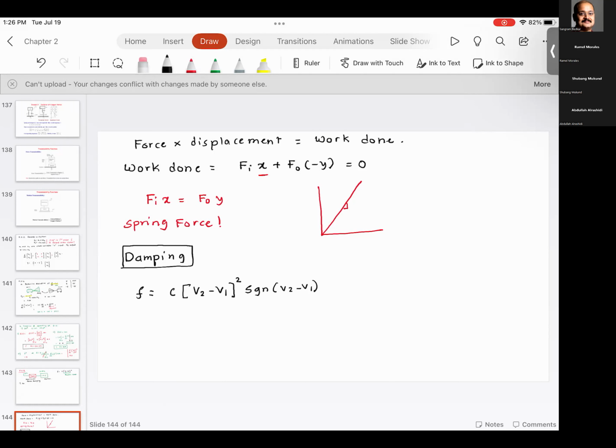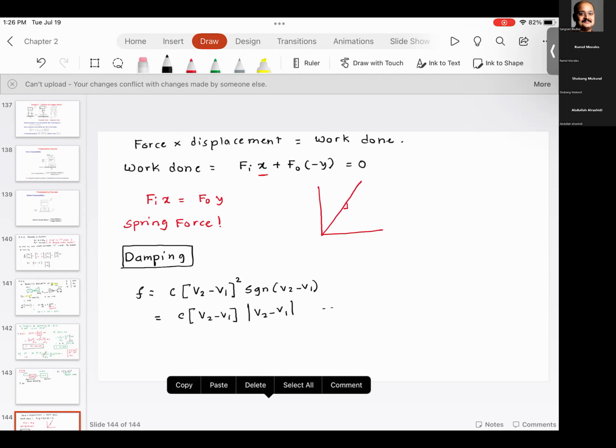So this equation can be written as C (V2 minus V1), and then I would add the norm of V2 minus V1. So this is how the damping force